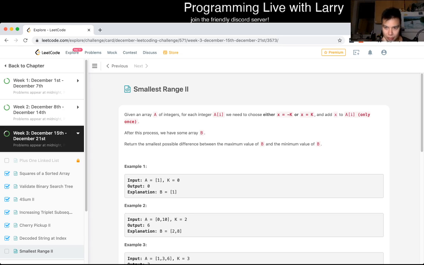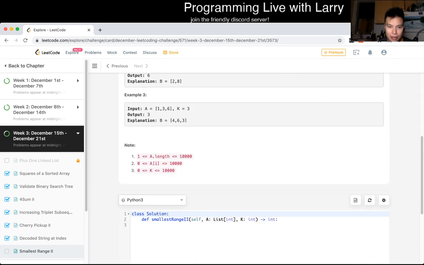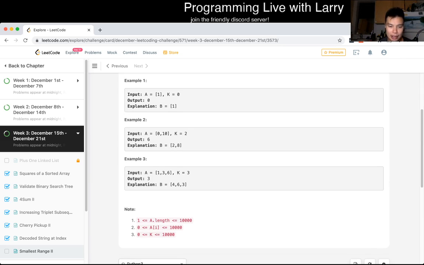And you're trying to get the smallest possible difference between the maximum. Okay. So the first thing I'm doing now is just looking at the constraints to see whether we could play around with it a little bit more. Each number is going to be up to 10,000 and K is less than 20,000. So we can probably do some sort of greedy,